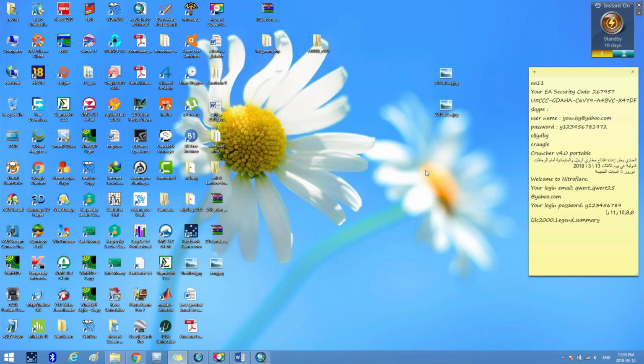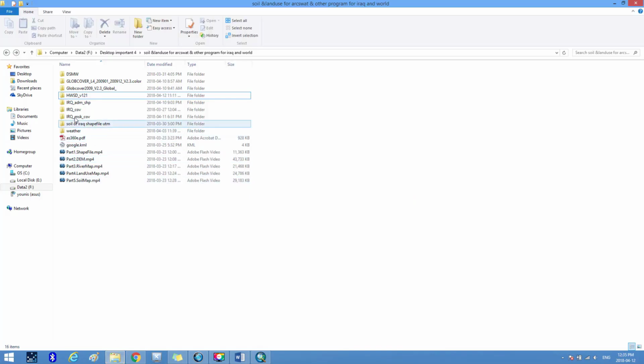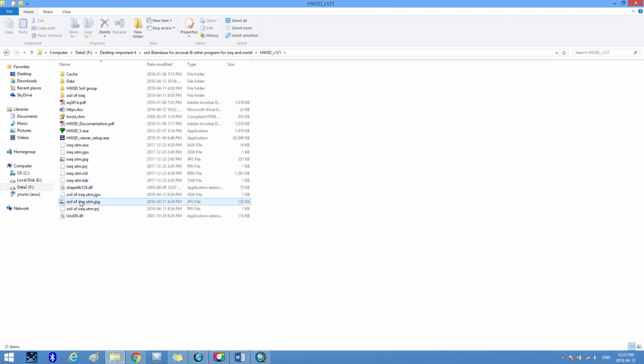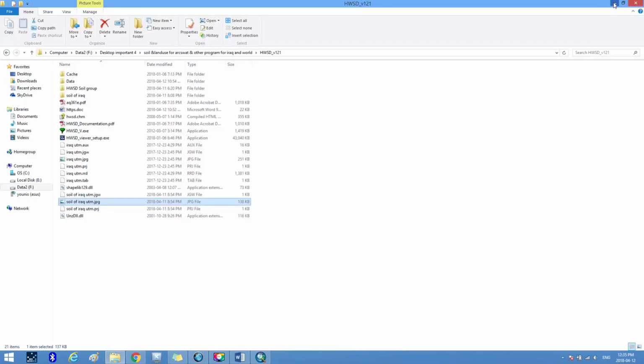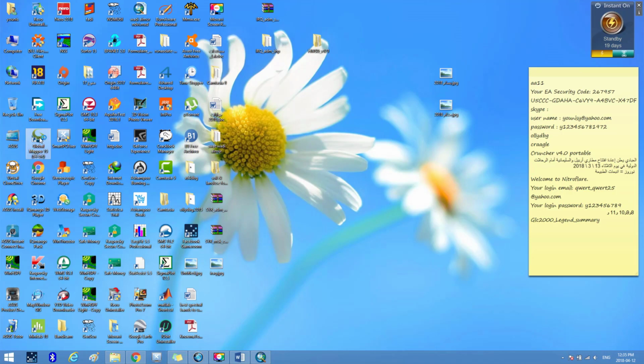which is in the preset file inside the file entitled HWSD version 1.2. This map, we cut it by Global Mapper on the borders of the map of Iraq as follows, where we go to the Global Mapper program